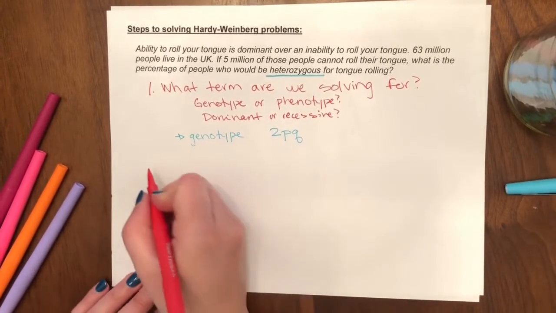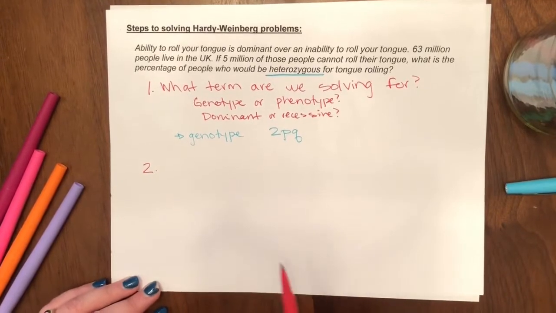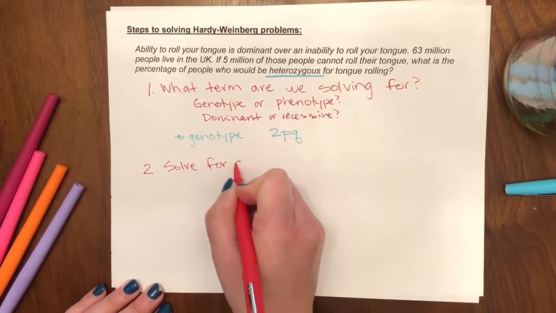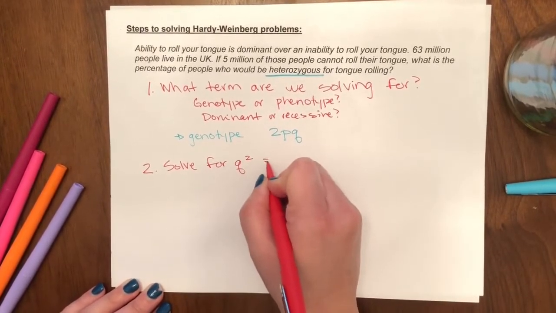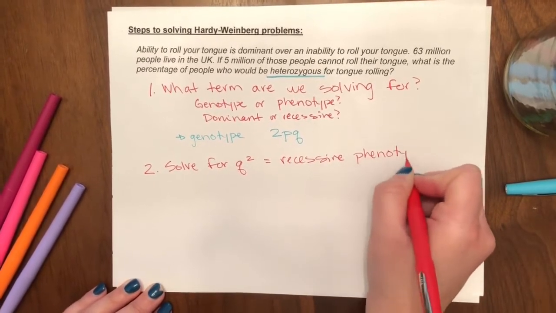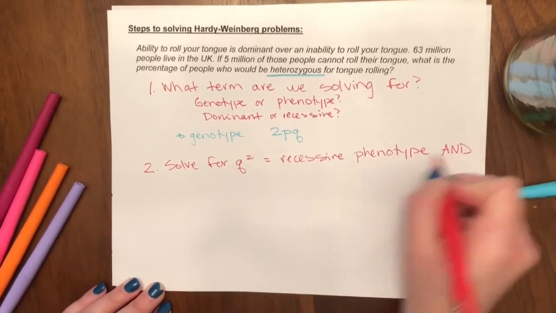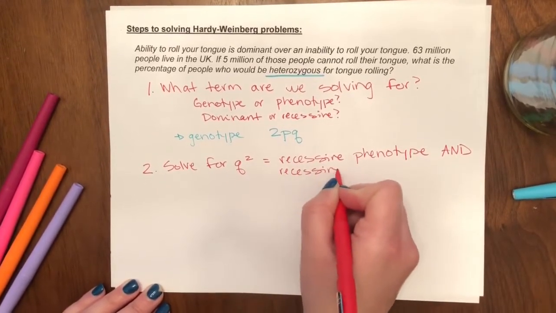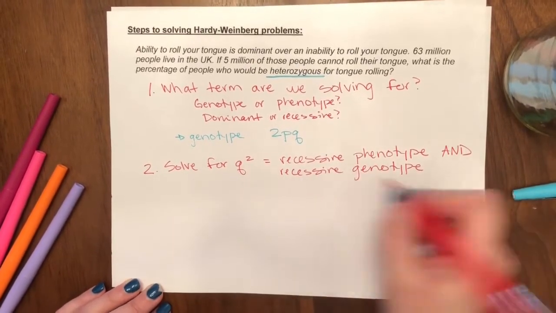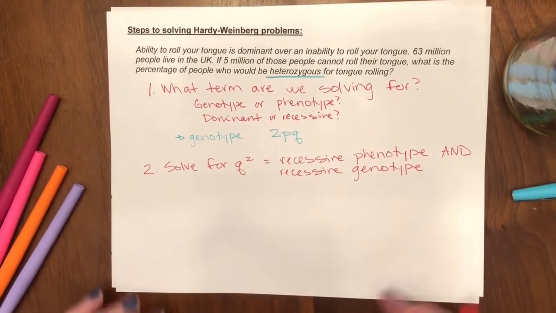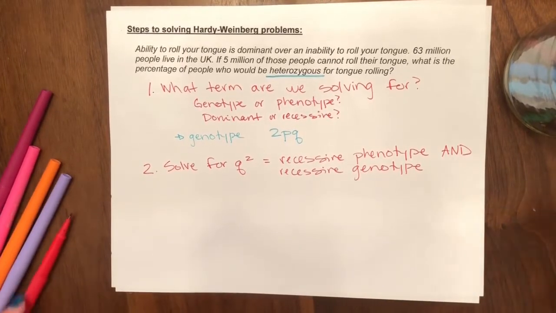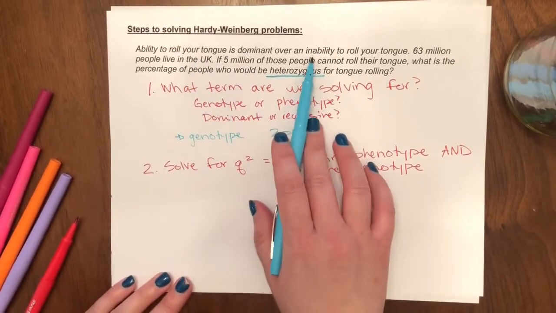Step 2, we are going to use the information in the problem to solve for Q squared, which is the recessive phenotype and the recessive genotype, because there's only one genotype that gives us that recessive phenotype. Remember, Q squared is like little a, so if we can find little a, then we know that has to be the recessive genotype. In our problem, it tells us rolling your tongue is dominant over inability,